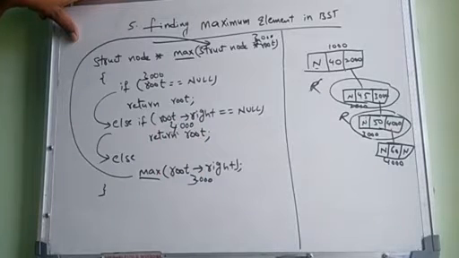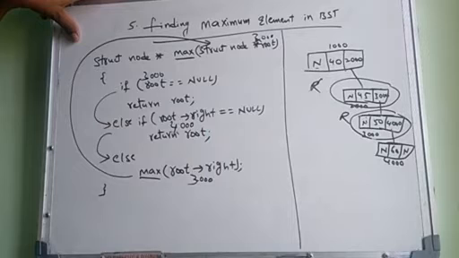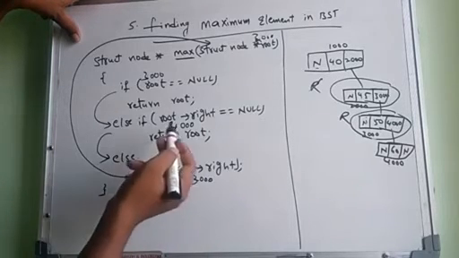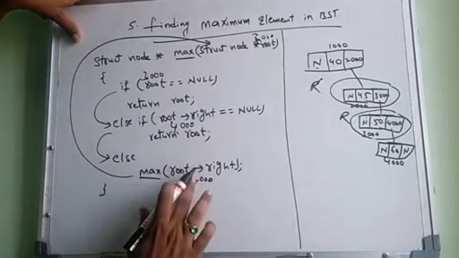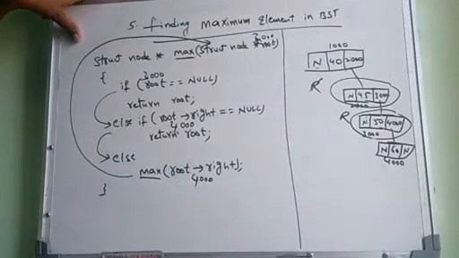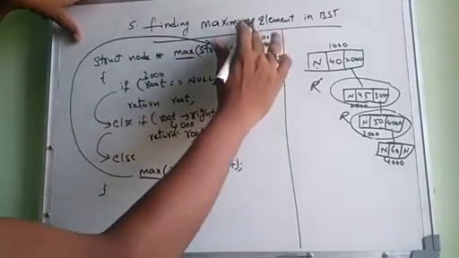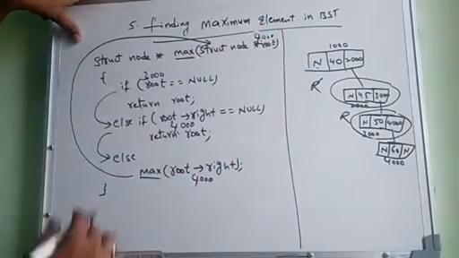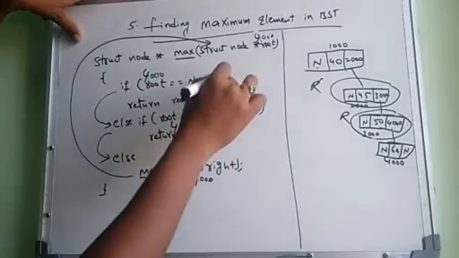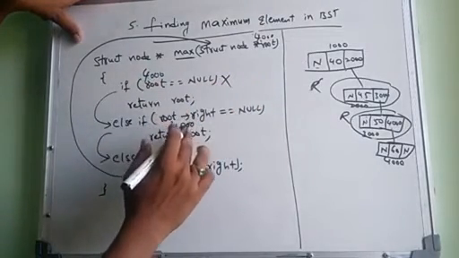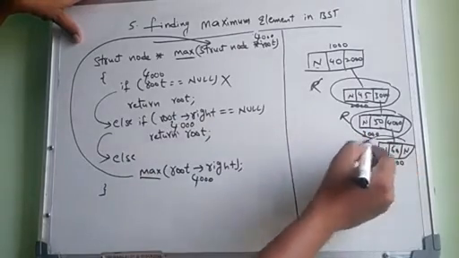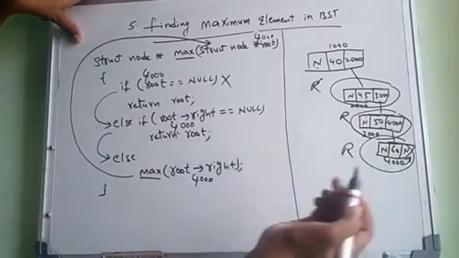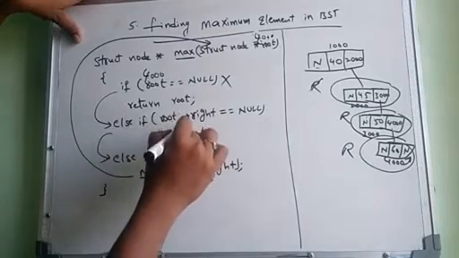So is 4000 equal to null? The condition is false. Again go for the else part. What is the root value now? 4000. So again 4000 takes the input here. Now the current root value is 4000. Is 4000 equal to null? The condition is again false. Now what is the 4000 right? Null. So now it becomes null.